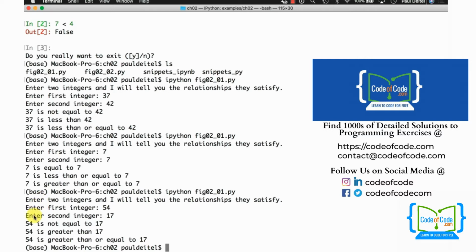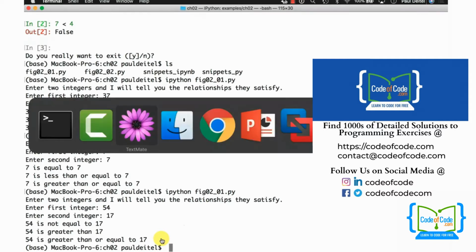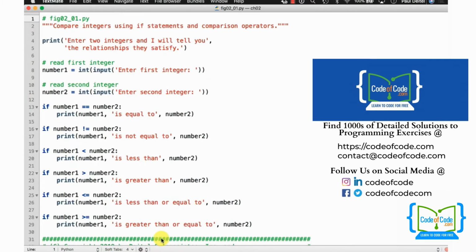So we can see that once again the numbers are not equal. 54 is greater than 17, and it's also therefore greater than or equal to 17 as well. Now that we've seen how the program actually works, I'm going to switch over to a text editor and show